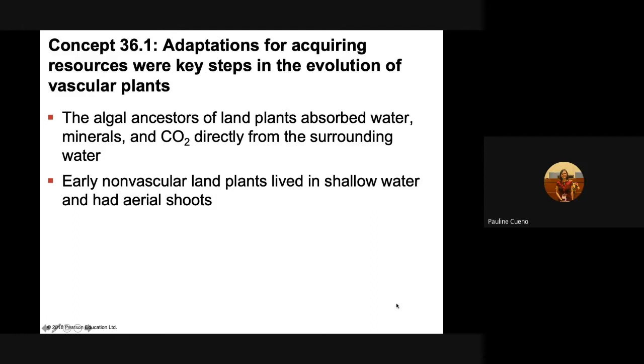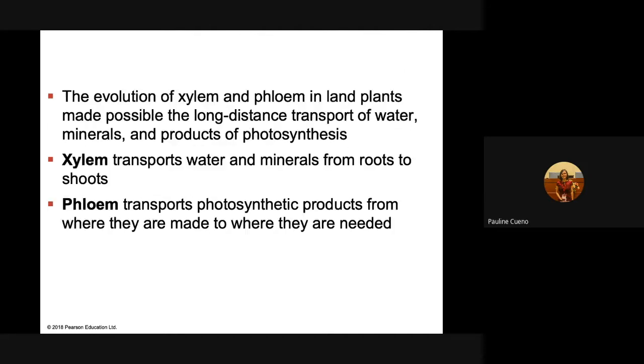Ang lumot po ay moss, ito po ay bryophytes. Okay? So again, ang common misconception, ang lumot po ay hindi algae. Ito po ay moss, which is under phylum Bryophyta. Okay? And then, the evolution of xylem and phloem, ito yung mga non-vascular plants kasi, when we say non-vascular plants,